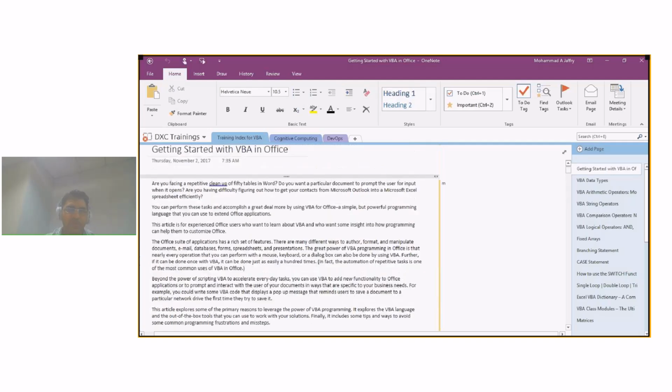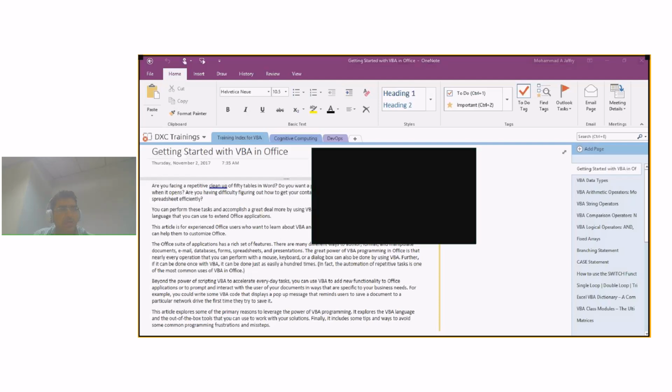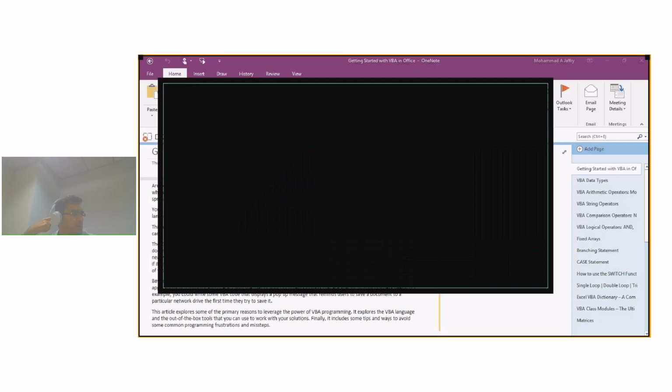What is VBA? For people who do not know VBA, I'll say it's a Visual Basic Application Language. Where do we get this Visual Basic Application Language? It comes embedded with the Windows Office that we get. Why do we use this particular language? What are the advantages of it? The advantages